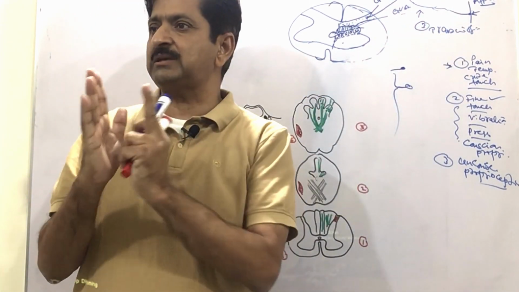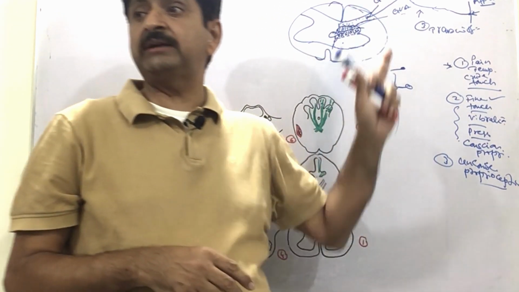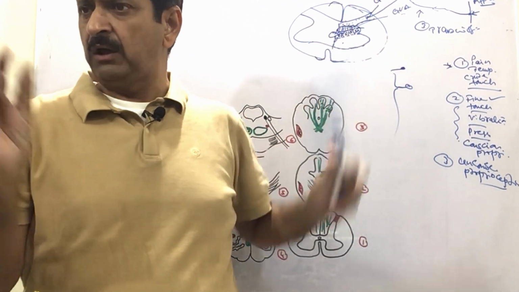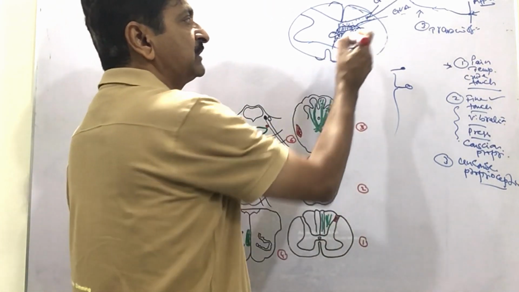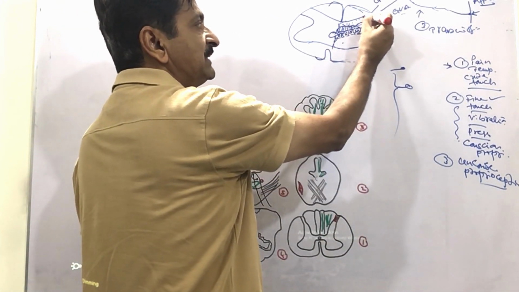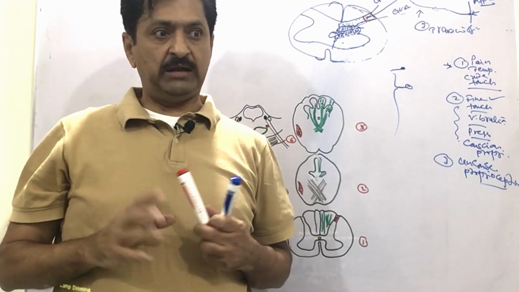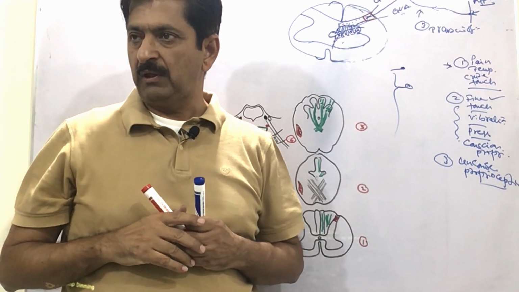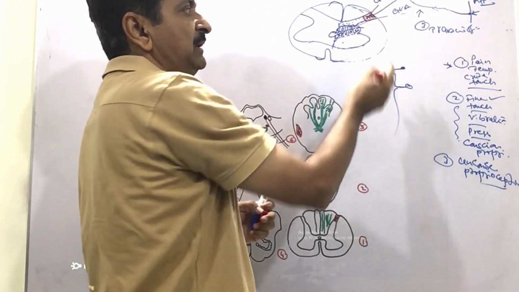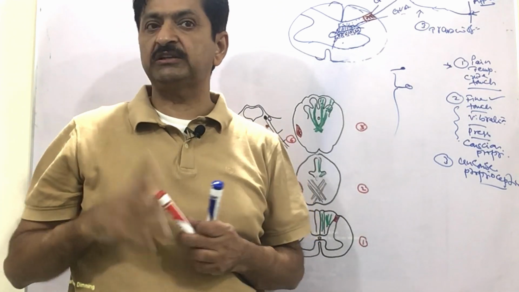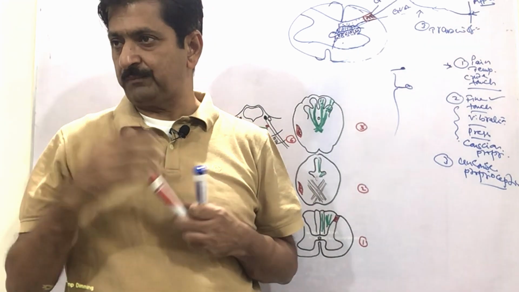A separate corner is there, and for this purpose not the entire three-fourths of the posterior horn will be utilized, only one small part will be utilized, and that one small part is lying here at this place, that is the apex of the posterior horn of the gray matter of the spinal cord. Now it has been localized, and that apex is actually carrying this. That means for this purpose it has been handed over to that. For this purpose you are looking at the nucleus now.